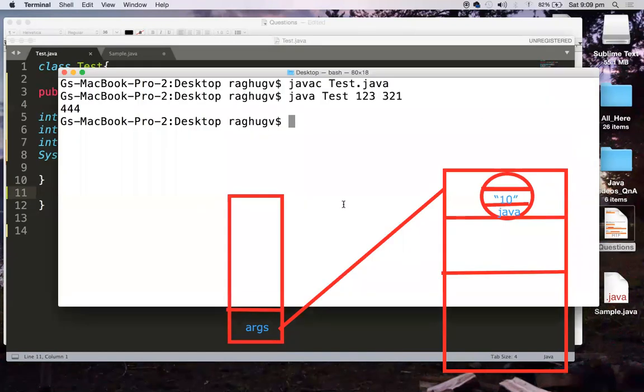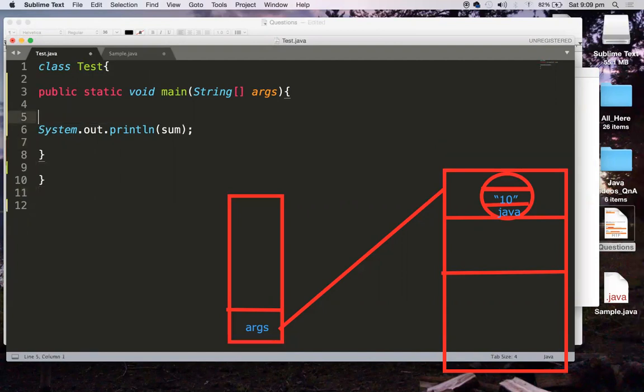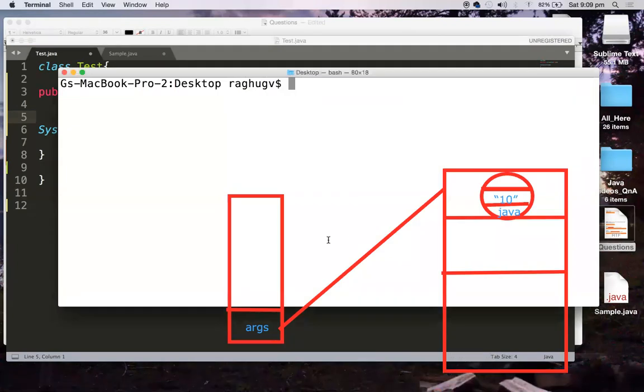And how they are going to get stored in your string array, right? Now one more thing I would like to tell regarding command line arguments is how we can take n number of arguments from the command line. Whenever I am invoking, I would like to give n number of arguments. For example, I want to give the marks of a student. Let us assume my son has got marks out of 100. In subject 1 he got 89, in subject 2 78, in subject 3 65, subject 4